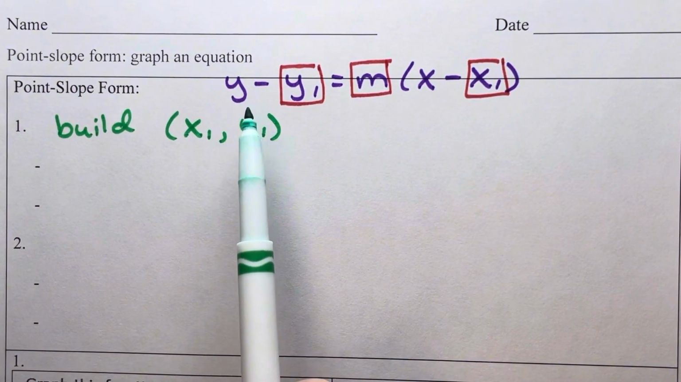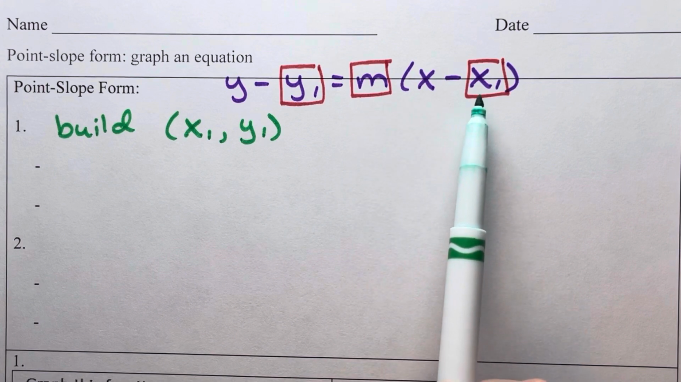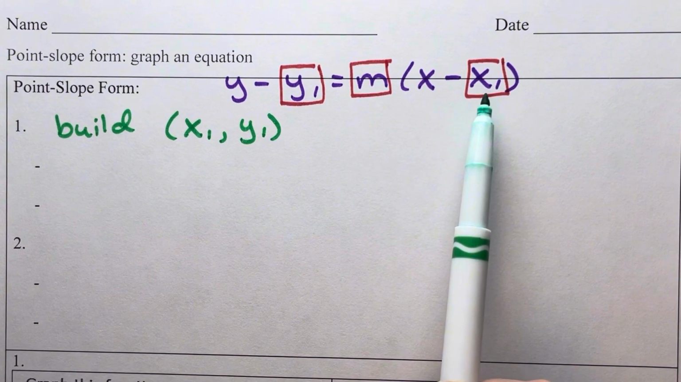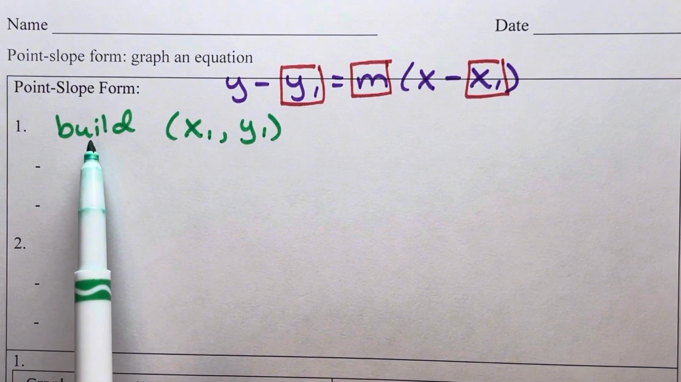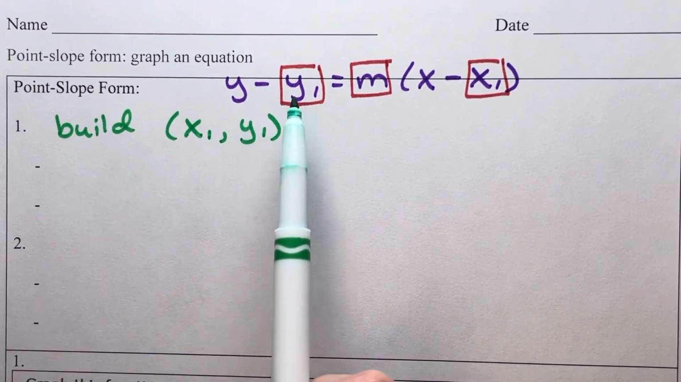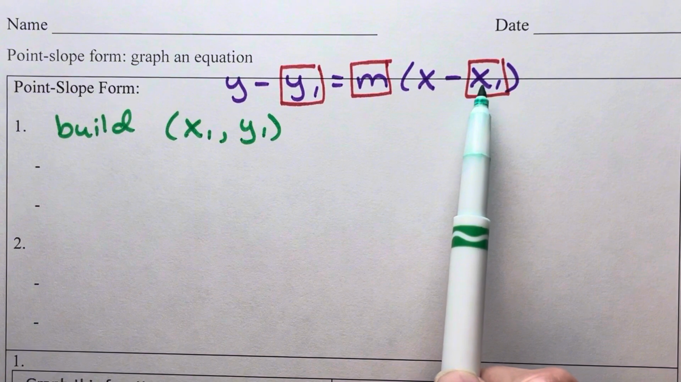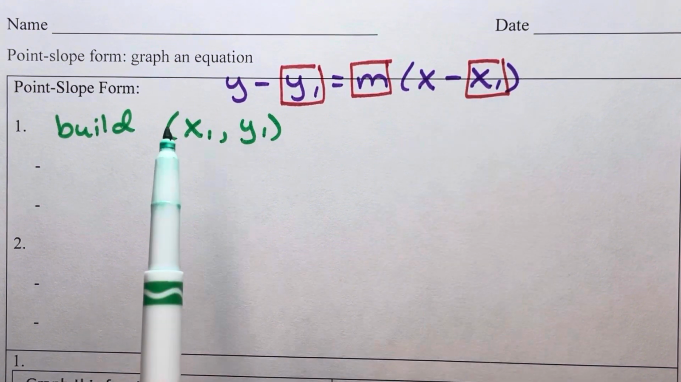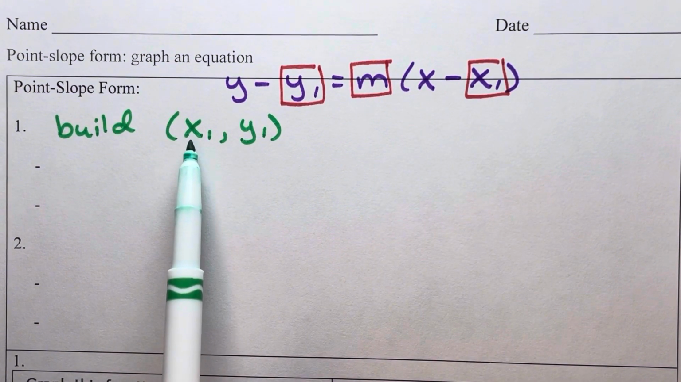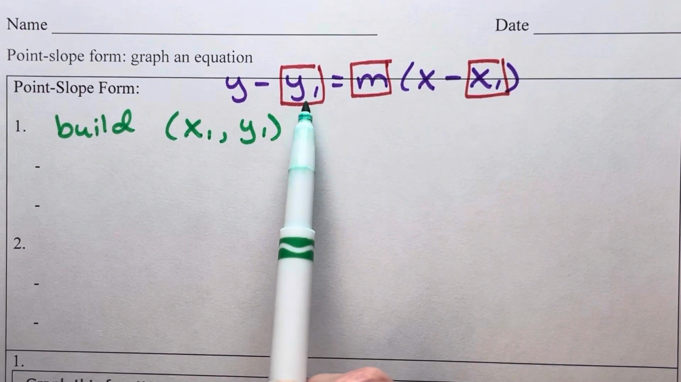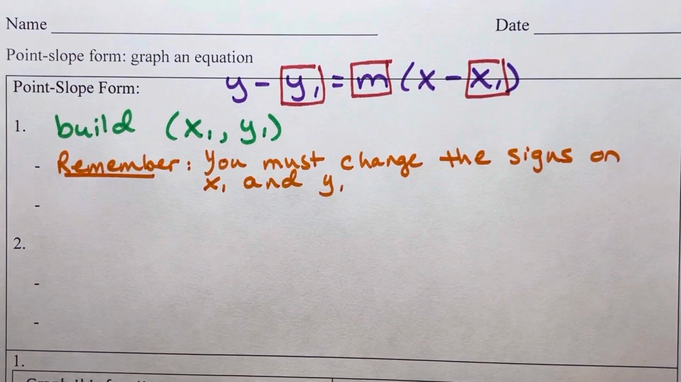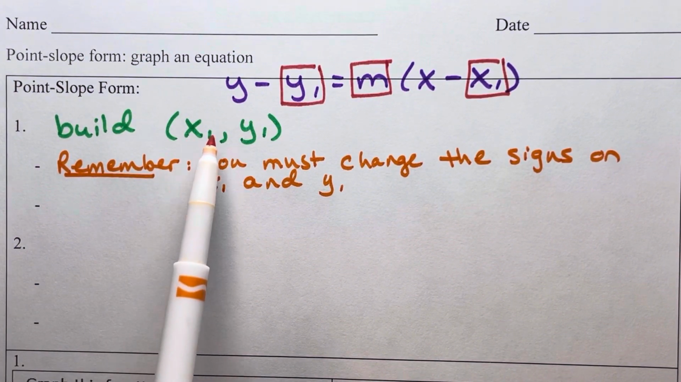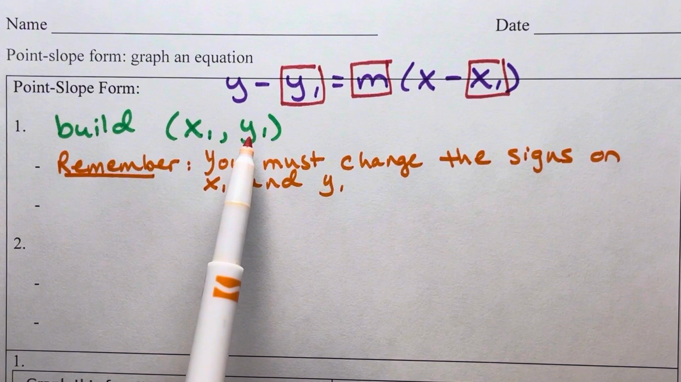The point-slope form is perfect for linear equations, but when it comes to graphing, you don't have a y-intercept. So we have to build a coordinate point from this equation, and that's pretty easy to do. We have the coordinate point of x sub 1, y sub 1, but there's a couple of things we need to know. The most important thing to remember about building your coordinate point that we're going to plot is that